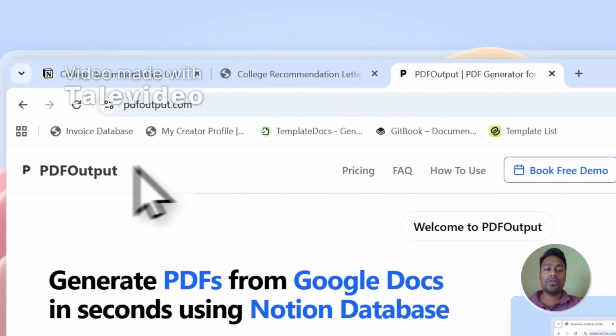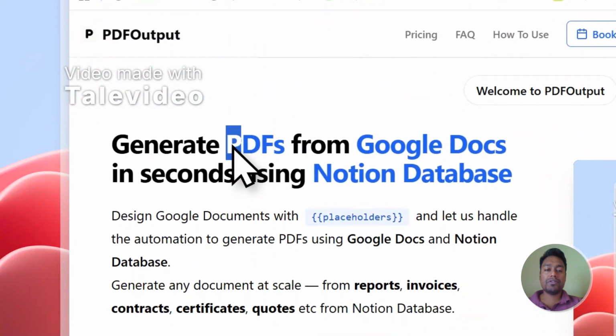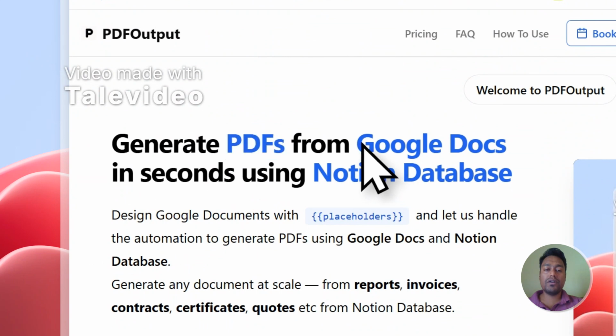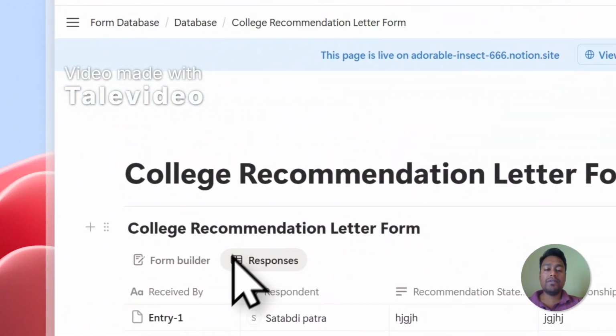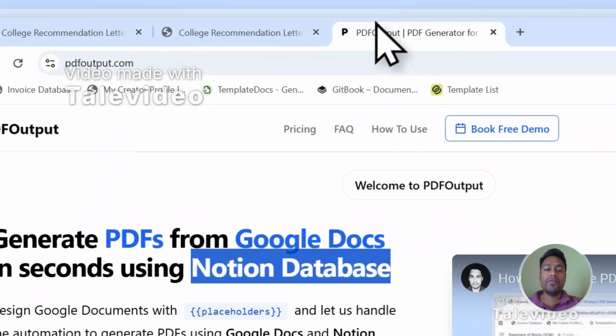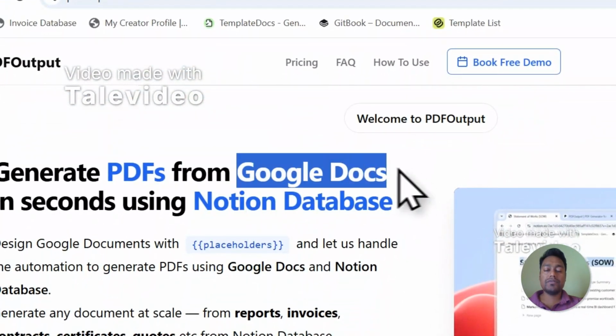For this, I'll be using a tool known as PDF Output, which will help me process the PDF files and automation from a Google document with the help of a Notion database. So we already have the database available, which has all the fields information. We need to create a document from scratch, which will be the template file